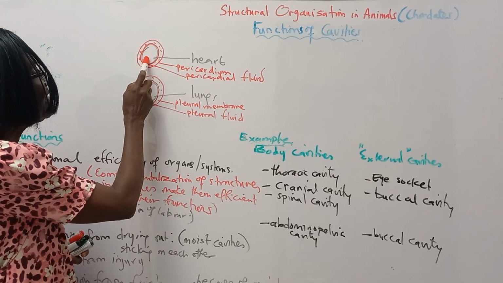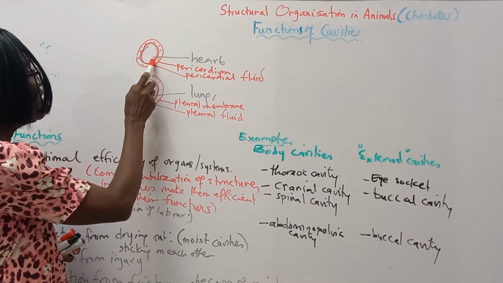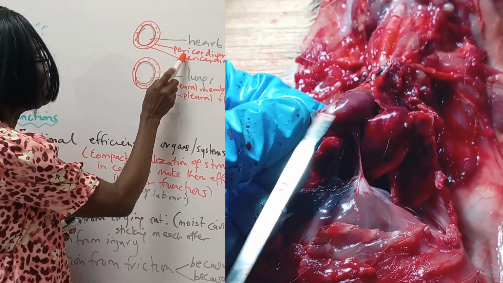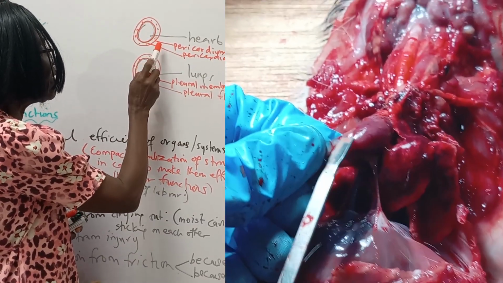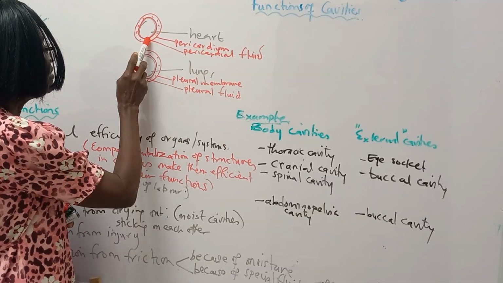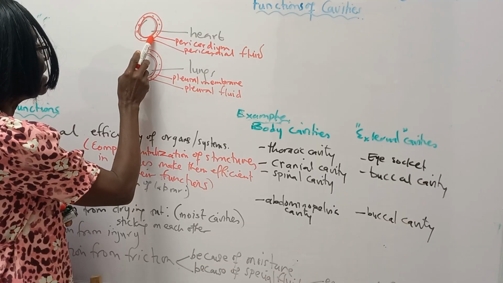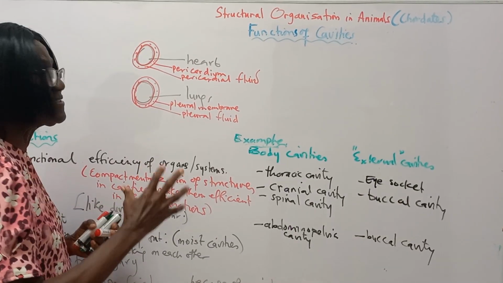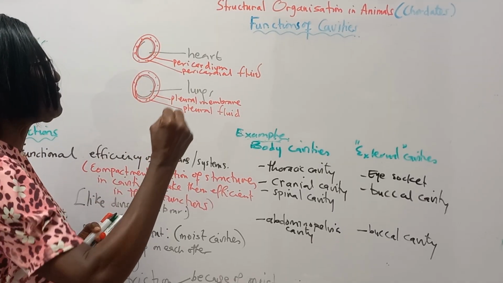You have a structure like the heart. It has a membrane around it closely, and then you have the membrane, that's the pericardium. You see the pericardium being removed from the heart muscle. Between the two pericardial membranes is the pericardial fluid, and this fluid prevents the heart as it contracts and relaxes